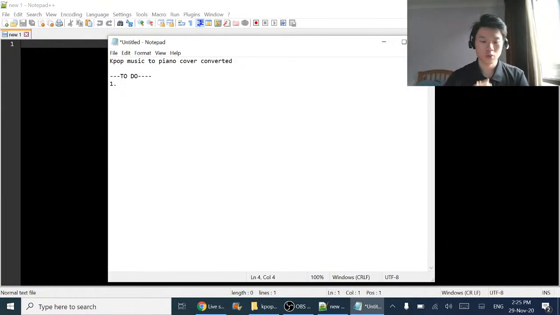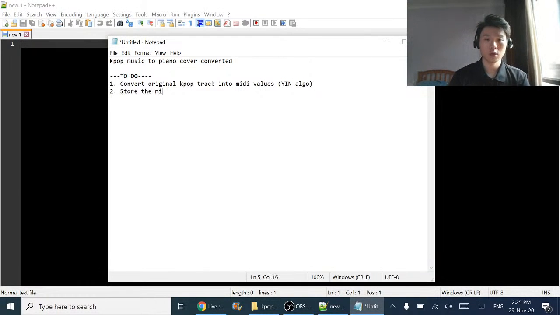First, I need to convert the original K-pop track into MIDI values. So that's where I use Algo. And two, I need to store the MIDI values into a list. And then I need to